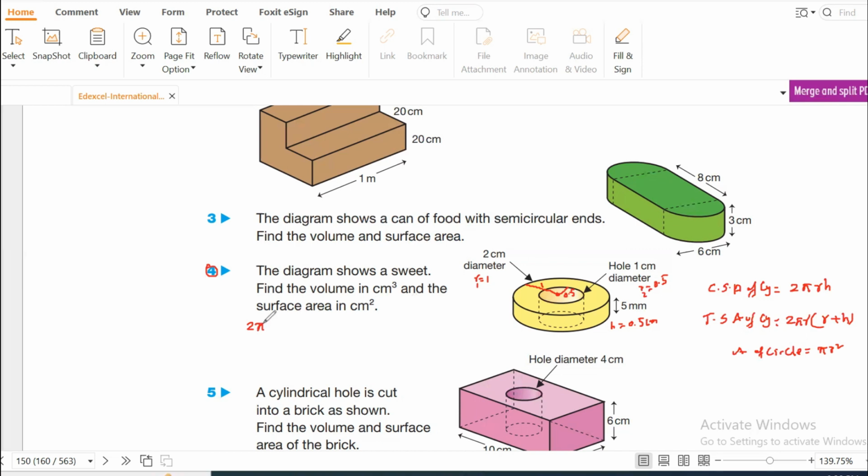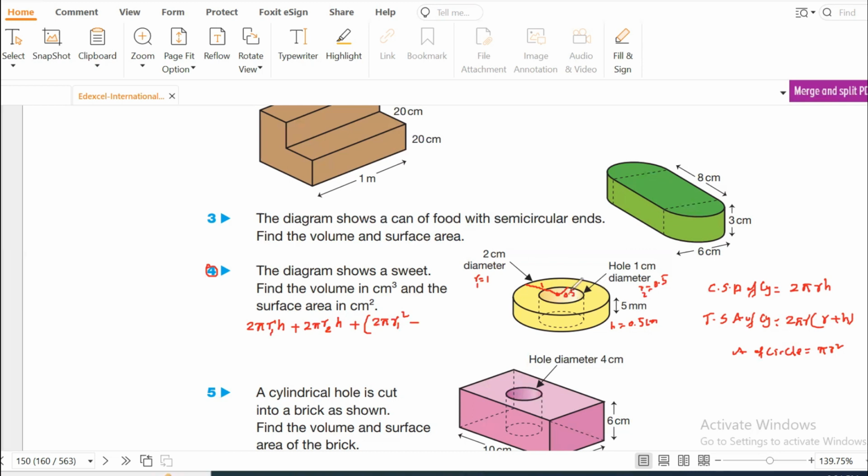2 pi R1 H plus inner part curved surface area. Again, same formula, 2 pi R, now R2. H is the same for both cases. Plus the upper part is circular, and remember there are two circles, one up part and one down. So 2 pi r1 square minus